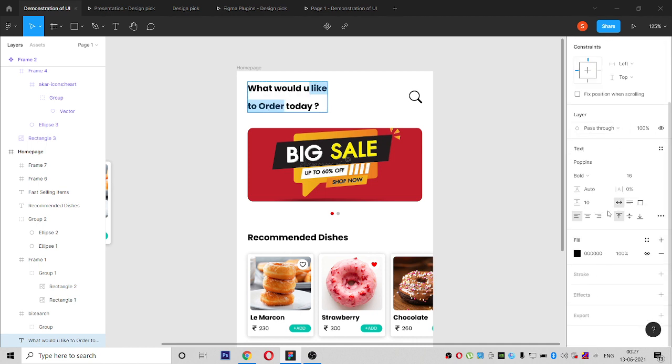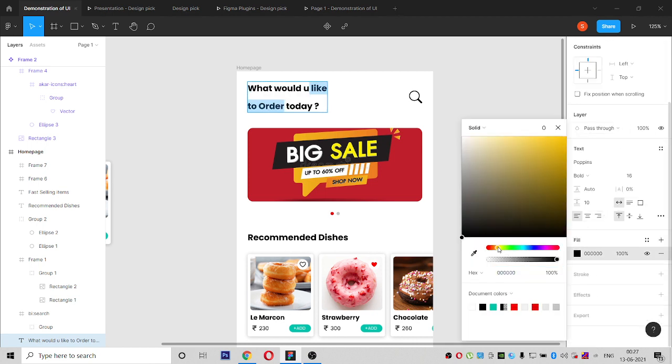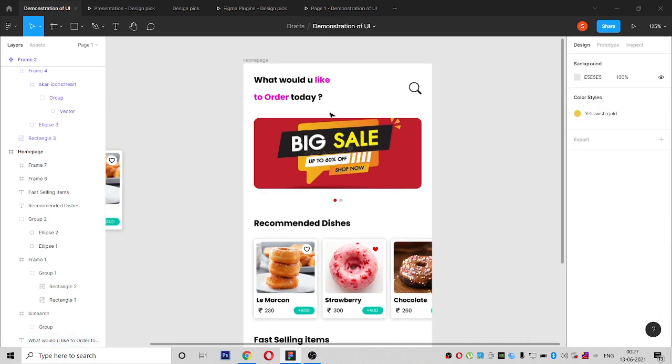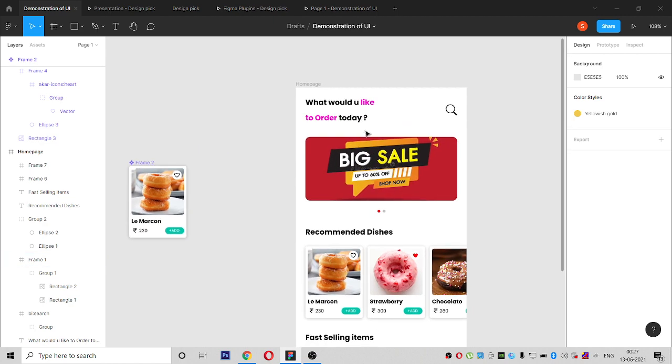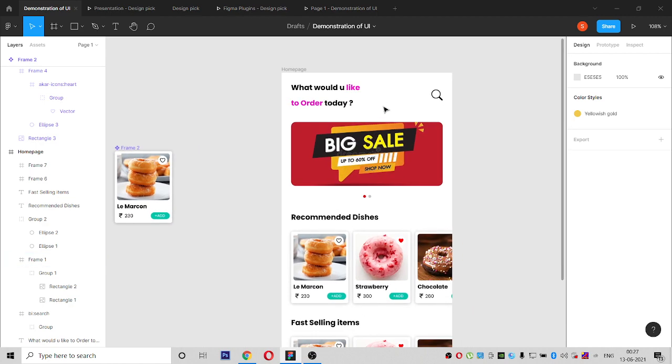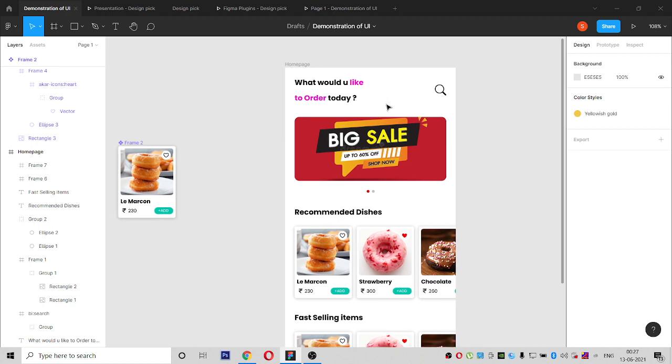It will be the same, and we will keep it pink. For a cookies or donut kind of app, I think pink color will suit very well. This is not pink. I think this pink, yeah, because we have to show it very smooth and eye cooling for a user when he or she is using it.